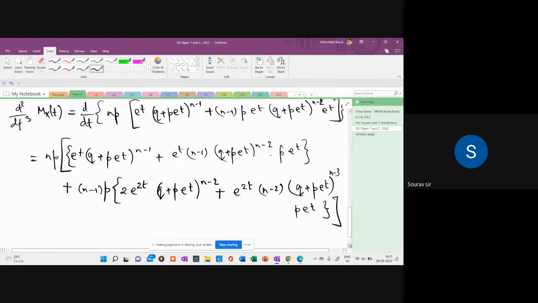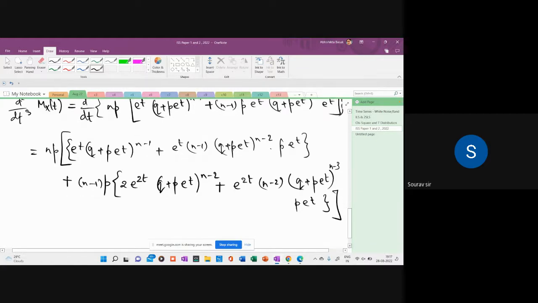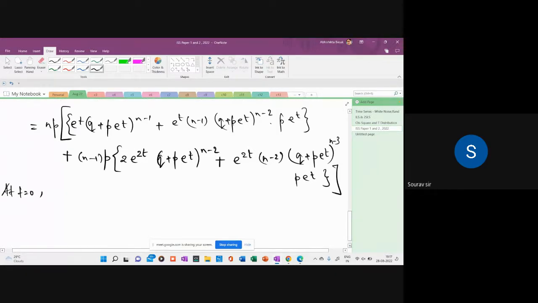Let's see. Now we put t equals 0. Now at t equals 0, I am writing like this. We will have the value np e to the power t, which is going to give me 1. This is going to also give me 1. So this is 1 plus